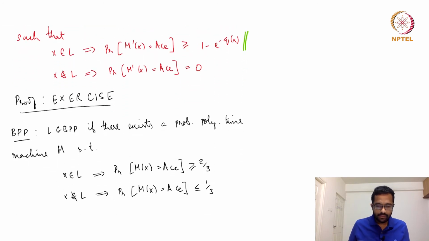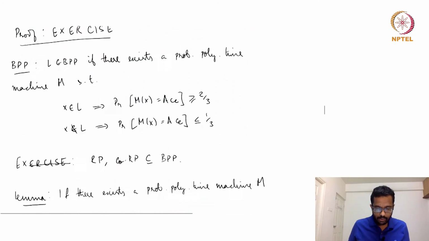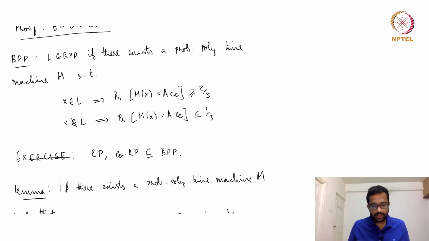Okay, so that concludes the small part about co-RP. Now I want to move to a two-sided error model. Till now we've seen RP and co-RP. Both cases had one-sided error. RP had false negatives but no false positives. Co-RP had false positives but no false negatives. Now we are going to see BPP,